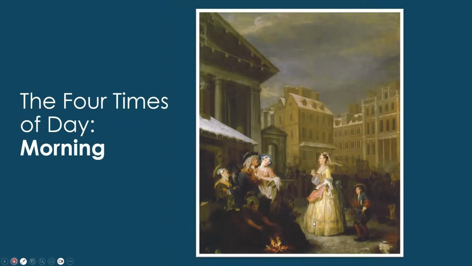Morning. This scene is set in Covent Garden Piazza, early on a winter's morning. An old lady, fashionably dressed, is on her way to St. Paul's Church. She is holding a fan to her mouth as she disapproves of the young people enjoying amorous activity in the street. It is likely that they have been up all night at a nearby establishment.